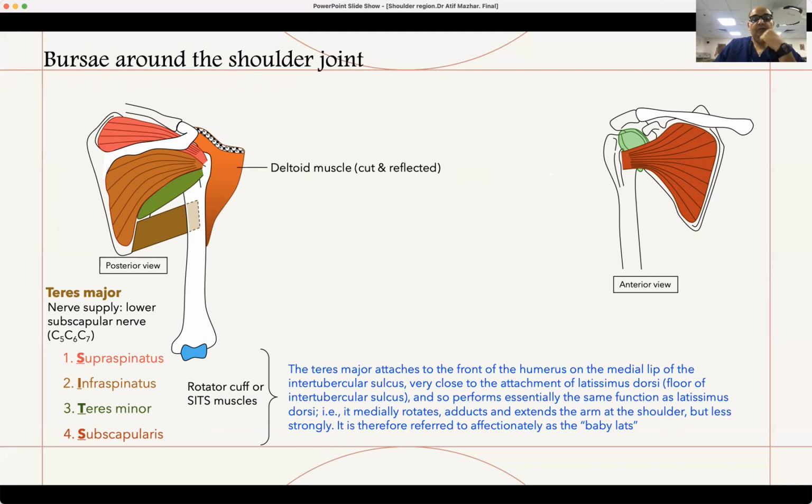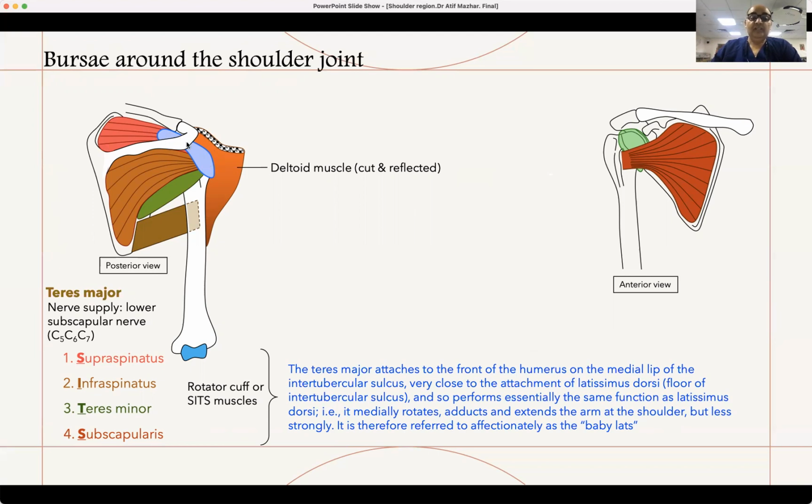And then there we are looking at a muscle who covers all this, and that is the deltoid. It has been cut at the moment, and we'll be looking at it shortly. So now we'll be focusing around, there we have so many bursas. So to protect this supraspinatus muscle, there is a bursa which is present under my acromion process, and